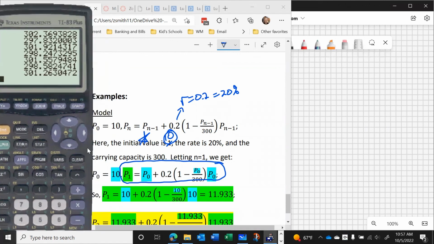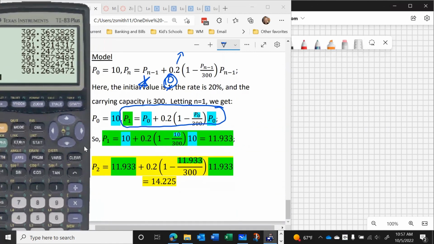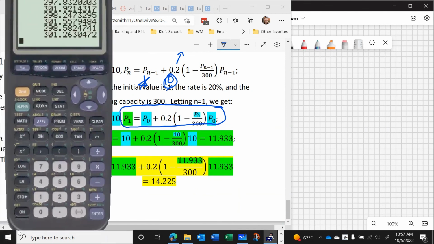I do want to point out that had I done the same problem using 11.933 and using that in this value, it actually wouldn't have worked. It wouldn't give me the same answer. So if I go back, this will be my last hurrah, starting with 10. And I need to go back and change this to 0.2, like our original problem. There's 11.933. So now if I do 11.933